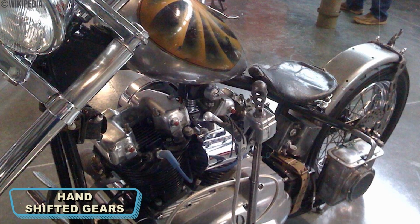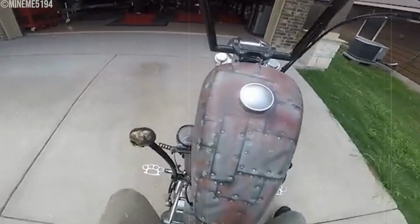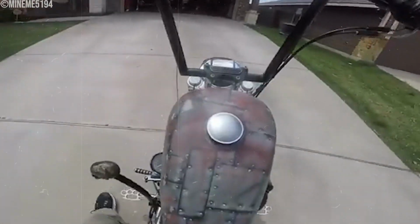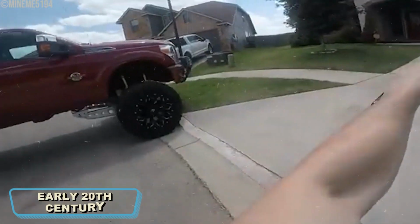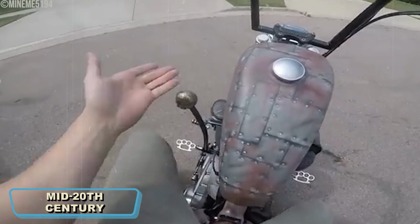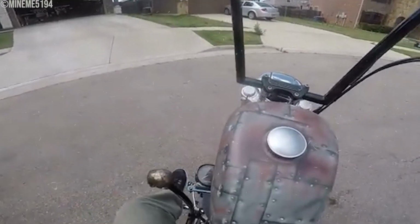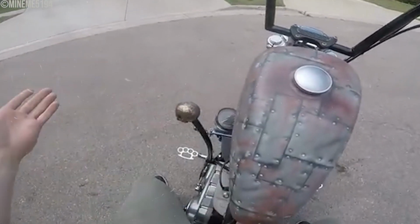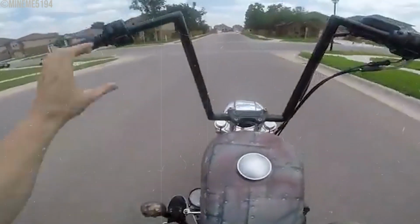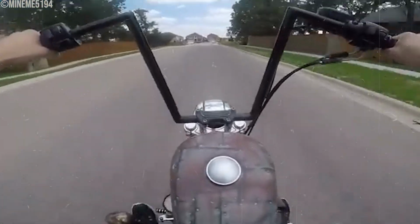In the early days of motorcycling, hand-shifted gears were a common feature. These gears were controlled by a lever mounted on the side of the fuel tank, a system introduced in the early 20th century and widely used until the mid-20th century. To change gears, riders had to take one hand off the handlebars to operate the lever, which significantly compromised their control over the motorcycle. The hand-shifted gear system involved a lever connected to the gearbox, which riders moved to select